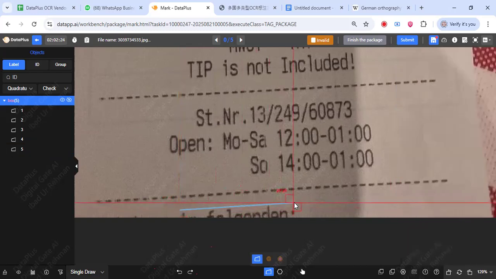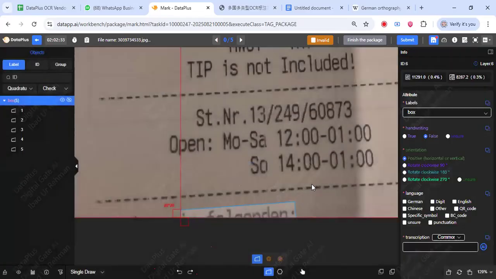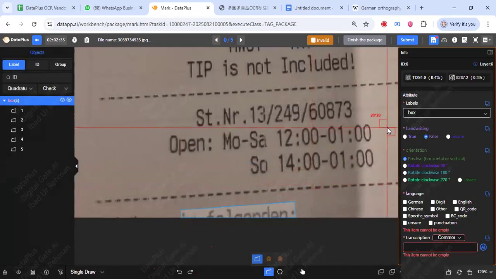Let me just create a box. Okay, now I've just made a very random box, but please try not to copy my thing. You have to make sure that you are doing the boxing very precisely. Now tell me what type of attributes I have to select here and what will be the transcription for this. Unsure. Yeah, okay, unsure then, and in the transcription,